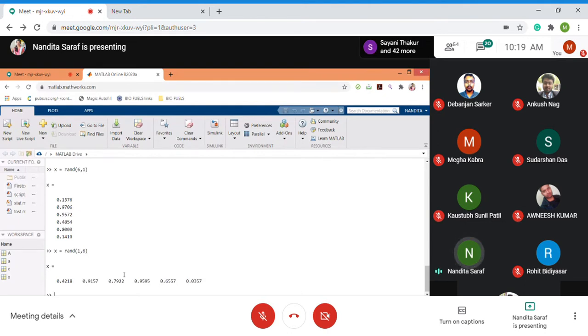Yesterday I discussed some of the operations of matrices. If you remember, we discussed the determinant, trace, and inverse of a matrix. So just try out one question. I'm giving you a set of linear equations to solve using matrix operations. I'll be writing the equations here.